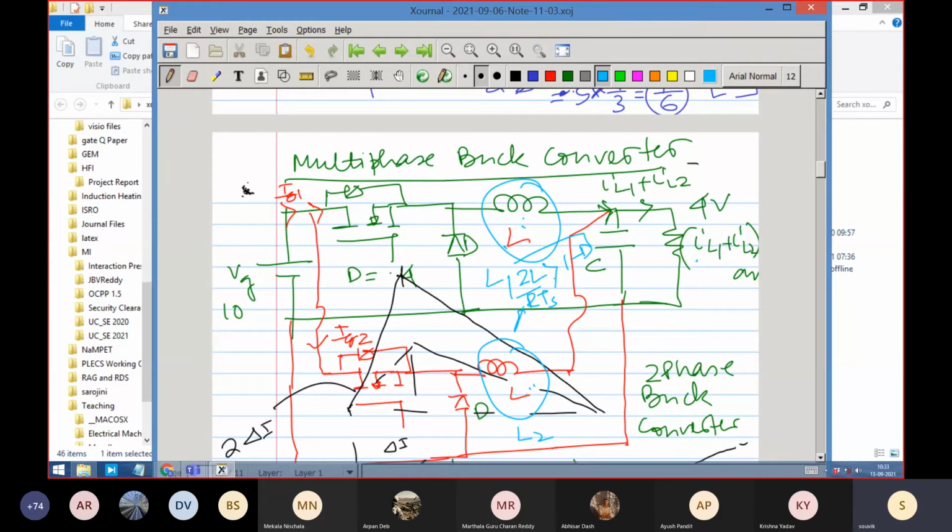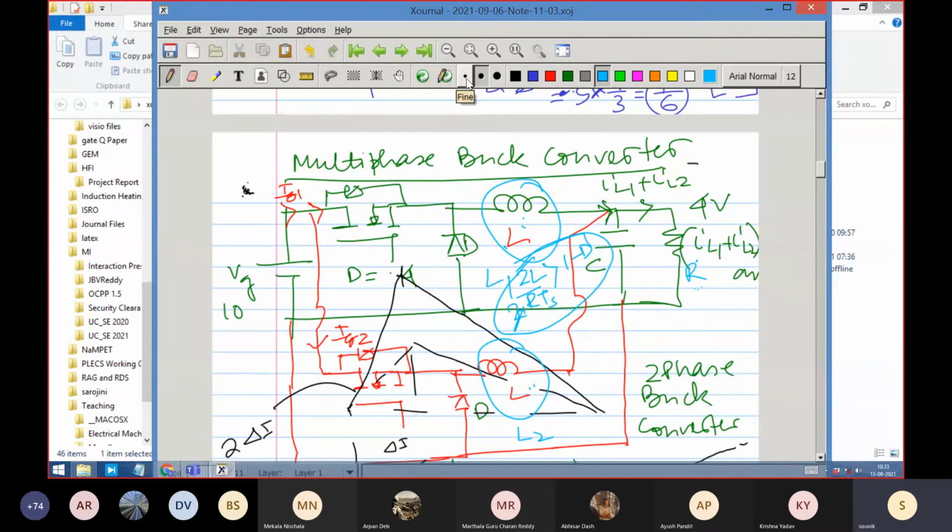R is 2R. If this is called R because it is combined, you have to think that this is 2R. So 2L by 2RTs, because individually it is seeing half the load. If you call the combined resistance R, the individual resistance is 2R. So if this thing is greater than this thing, it will be in CCM. If it is less than that, it will be in DCM.